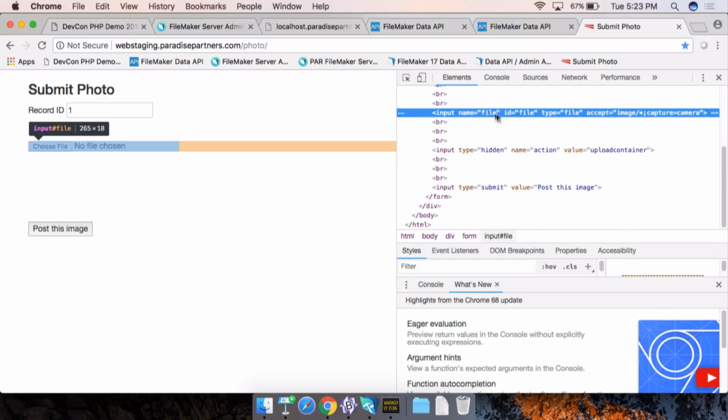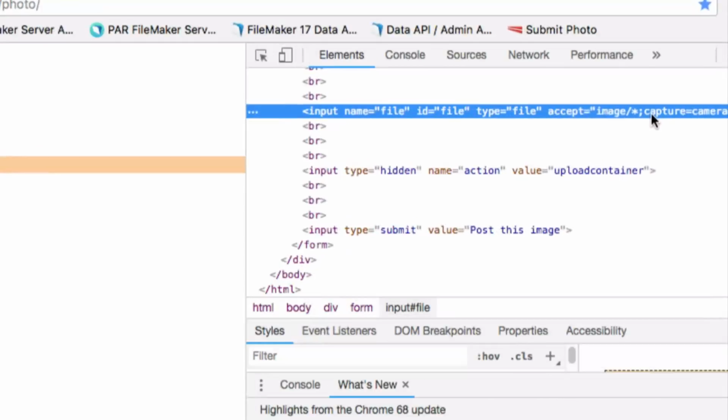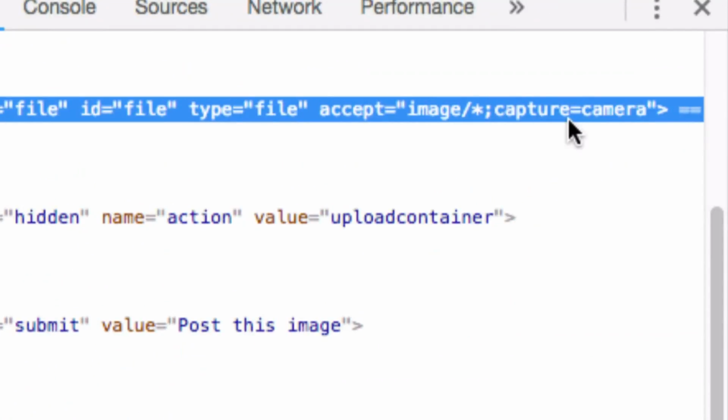This is a standard input file type, lets you choose a file. But what's really neat about it is that I added this accept image slide. I don't know if you can see that. I just added a little string to my normal input file type of file that says image/star, so it's any image type, capture equals camera, and that's HTML5 code. And what it allowed me to do, and unfortunately I didn't have time to connect this because, like I said, I sort of discovered that last minute, is that it allows me to go on my phone